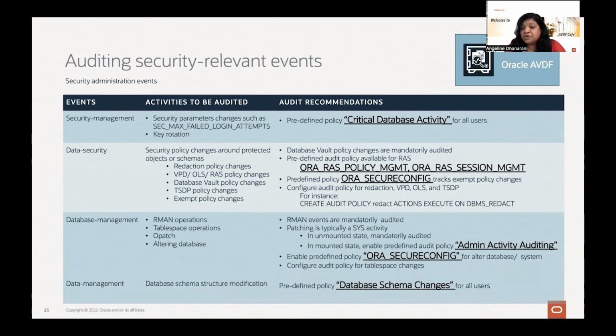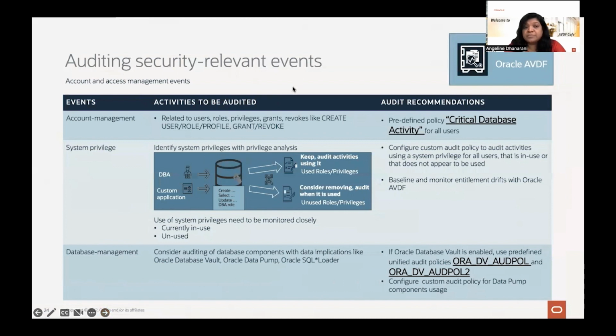And secure config does most of these alter database system operation tracking. So the only thing is you have to configure the custom policy for any tablespace changes. For schema modifications, we do have a predefined schema changes policy, which is again available from AVDF. Now coming to access and account management,